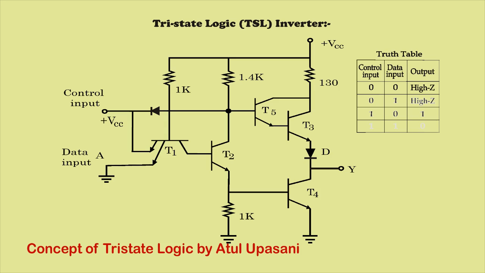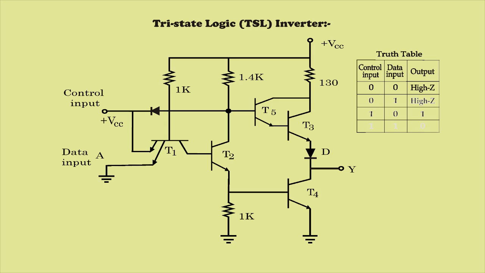Now let us see what about T4. As transistor T2 is off, there will be no voltage at the emitter, so no voltage at the base of transistor T4. So transistor T4 will be off. So at the output, from the totem pole output, T3 is right now on and T4 is off. So T3 is on, we will get obviously the high voltage at the output. So if you consider the input and output relation, the input was connected to low voltage and we are getting high at the output. So it will behave like a NOT gate.